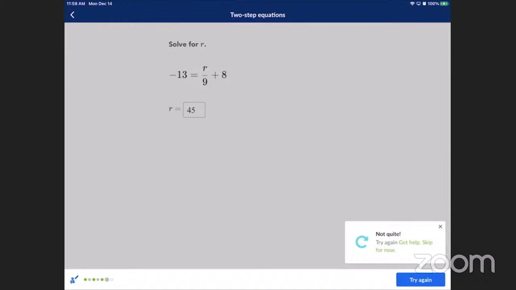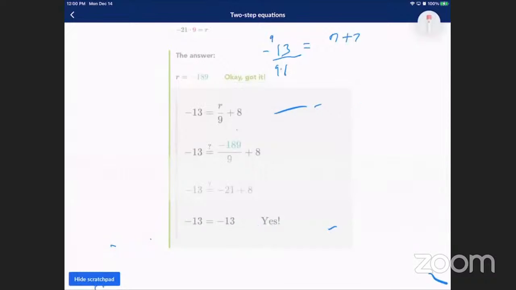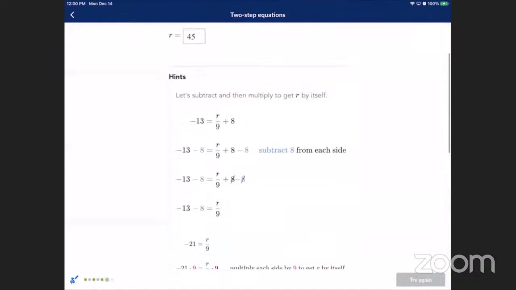Okay, so what we have here is negative 189 over 9. All right, so let's scratch that because that doesn't necessarily work at all. It looked like that was gonna work. I was like, that's not what it was. So let's go ahead and